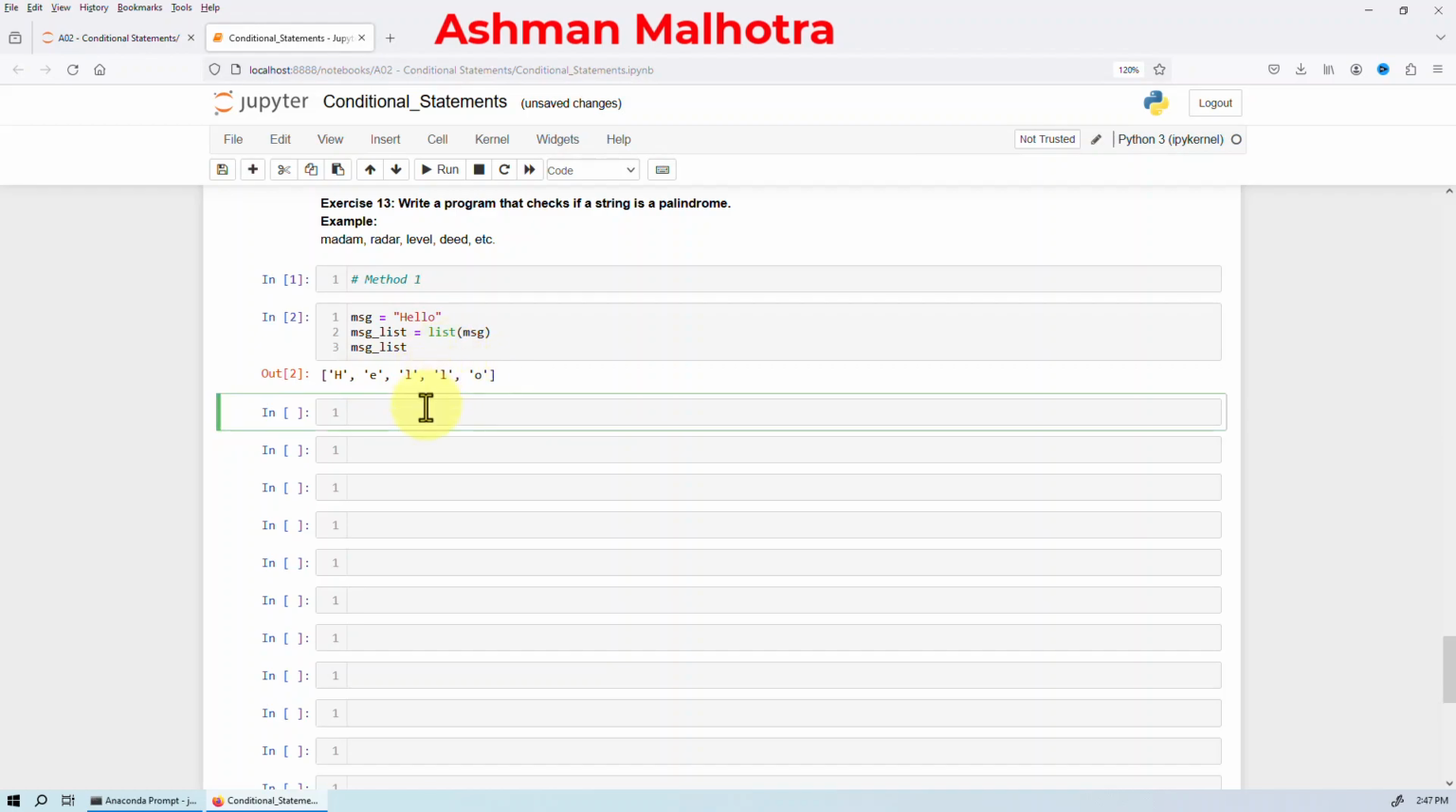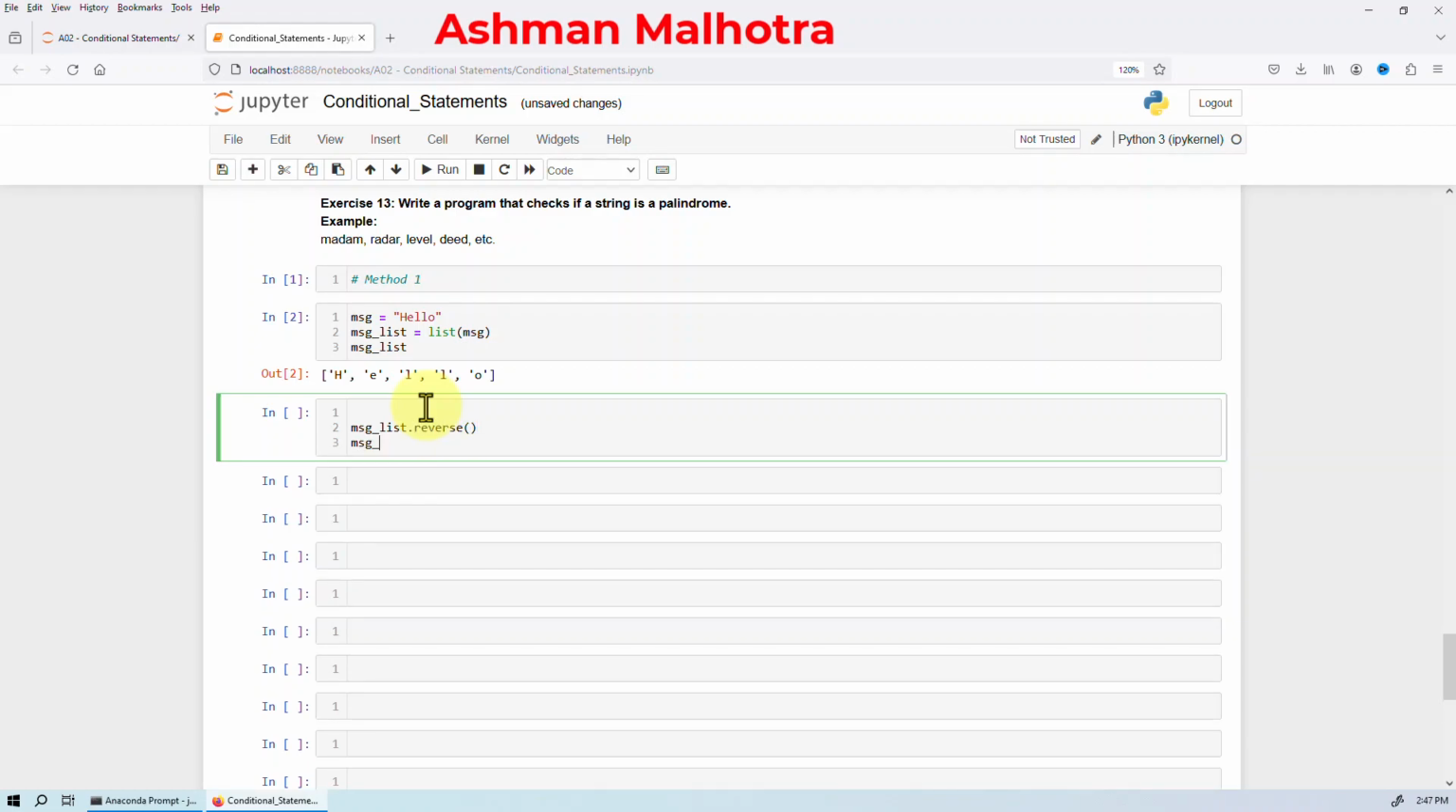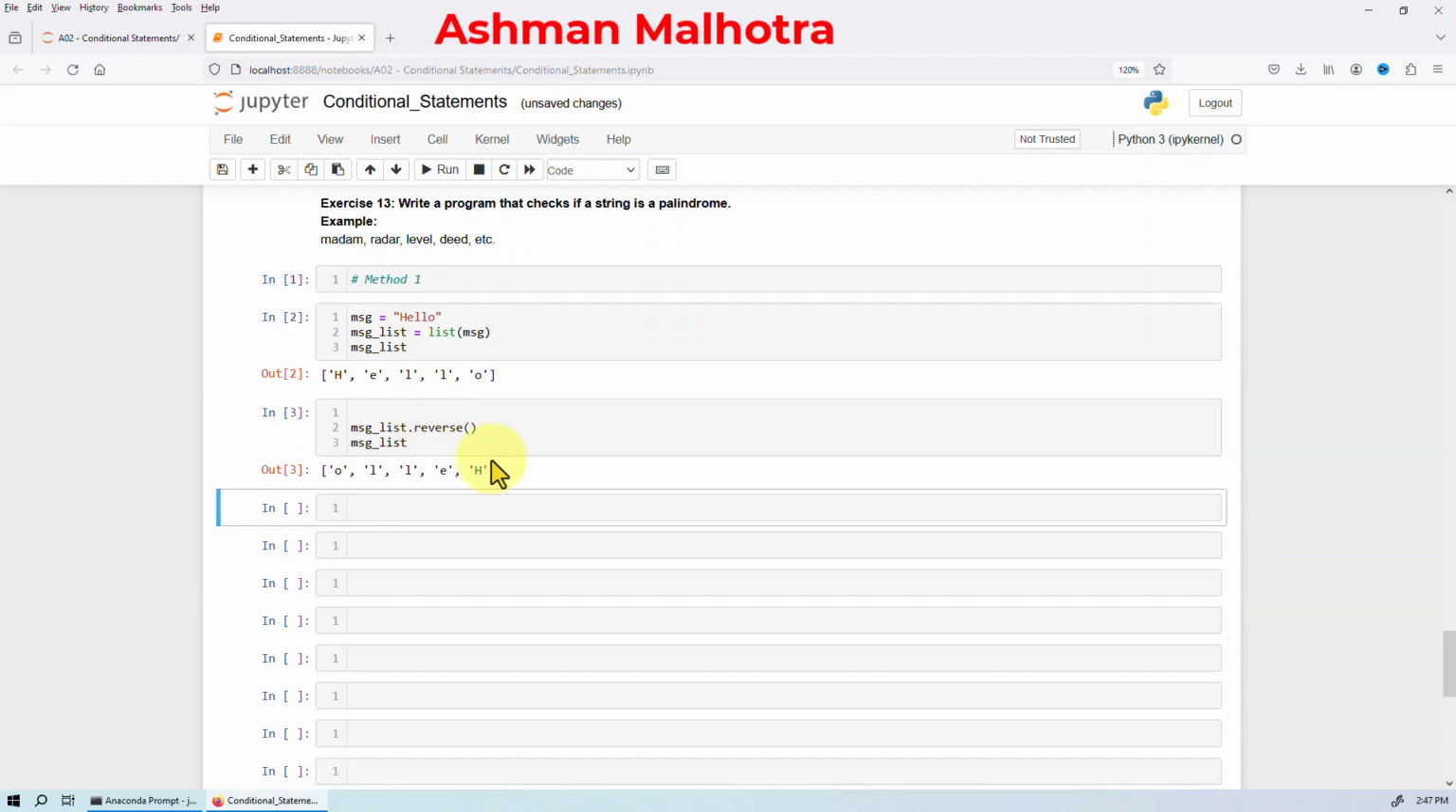Now we can reverse this list by using the reverse method. I will be using the reverse method, and then I will print the list. Now you will see that this list contains all the elements in reversed order, and then we can combine these elements of the list into the empty string. For that we will be using the join method of the string. So we can say that here we have got the reversed string,